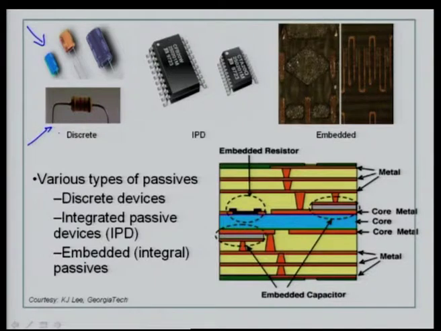but nevertheless they have played a great role in the electrical design for more than 3 decades, and they have been part of many systems. Now, because of a large footprint area occupied by these capacitors and resistors in through hole format, the migration took place to integrated passive devices, where the footprints of these packages will be in the form of DIP packages or surface mount device, small outline IC kind of a format,